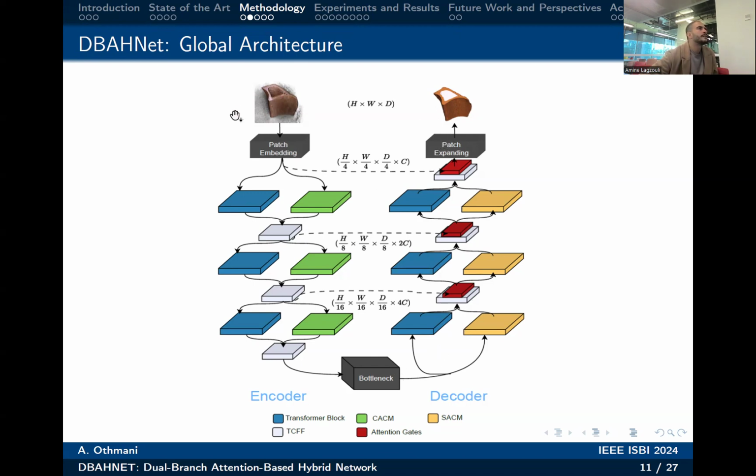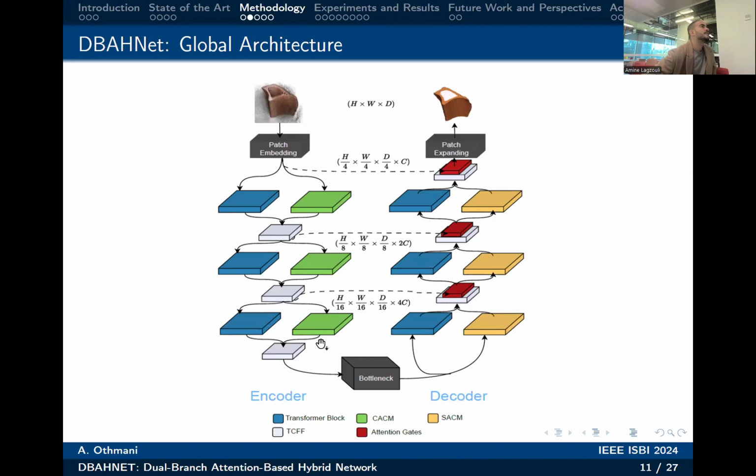Initially, the input scans are projected into an embedding space with a patch embedding unit, and then the resulting feature maps are forwarded into the encoder, composed of the Swin transformer branch on the left and the convolution branch on the right,